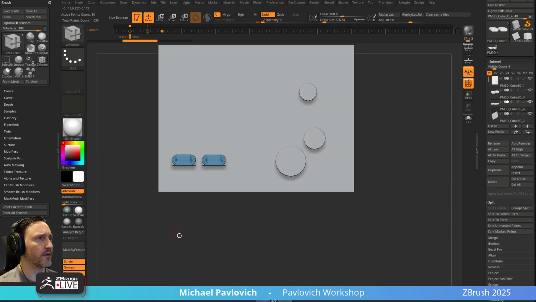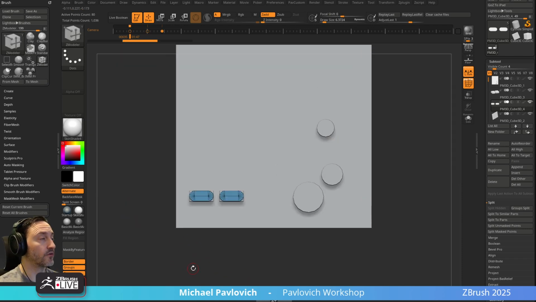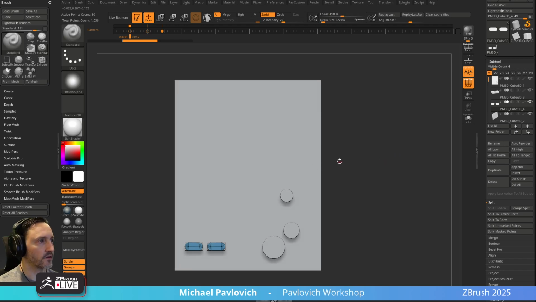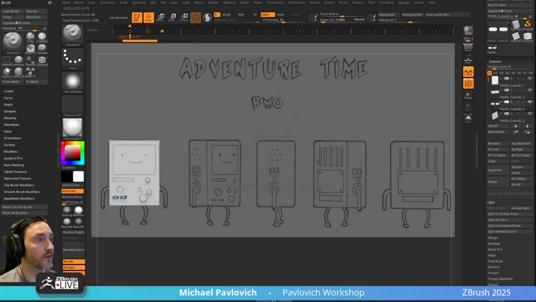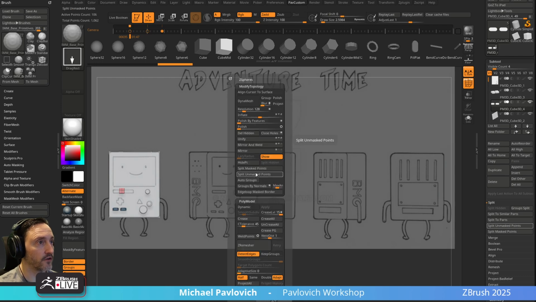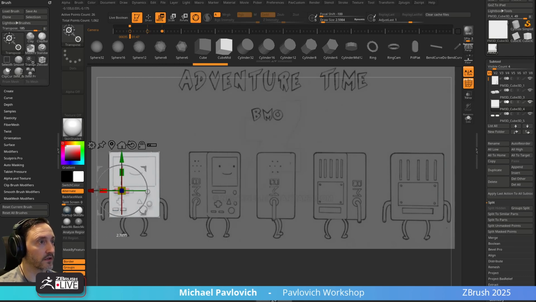But I don't want to do that before I Boolean, because I want my Booleans to be super clean, for reasons you'll see in just a second. So one more, or actually a bunch more, but just real quick. Let's just do these real quick. So I'm going to go through here. I'm just going to drag out a cube, say split mask points. We're going to scale this out here and scooch this in